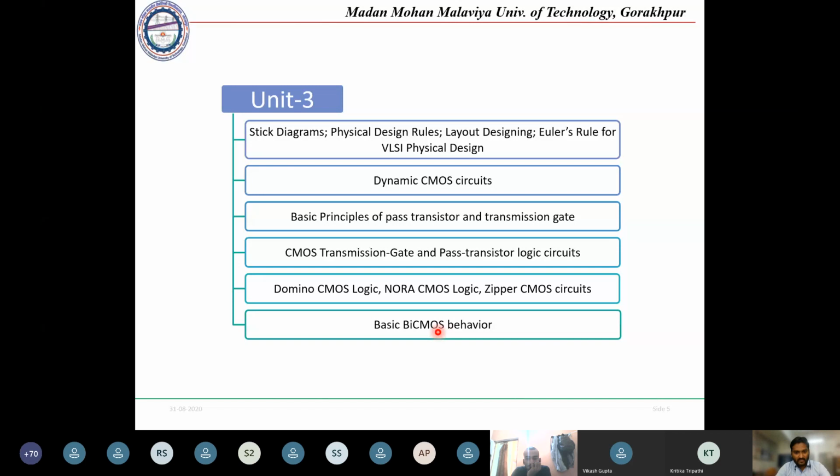Here the BJTs are faster than CMOS, but CMOS has lower power dissipation. So by combining BJT and CMOS, we can design a circuit, and that circuit will be considered as BiCMOS. What will be the advantage of this BiCMOS and what will be the disadvantage of BiCMOS, we will be having in unit 3.